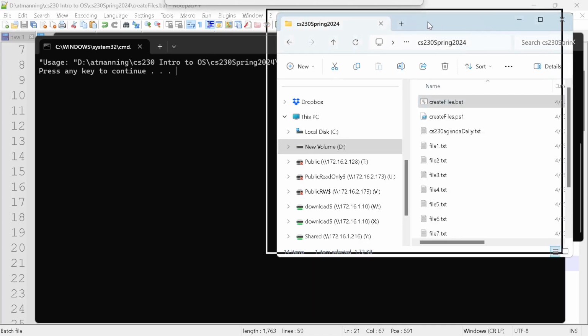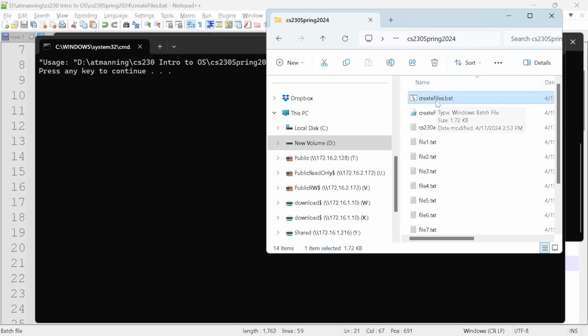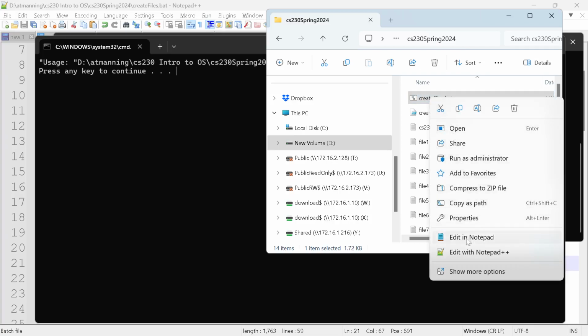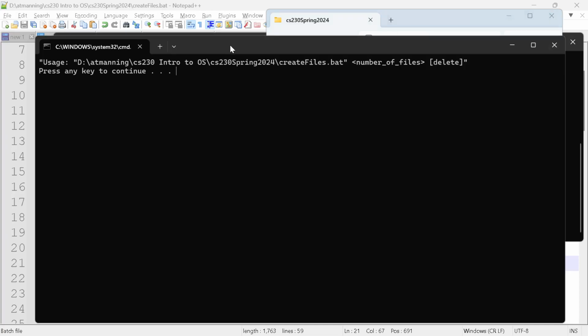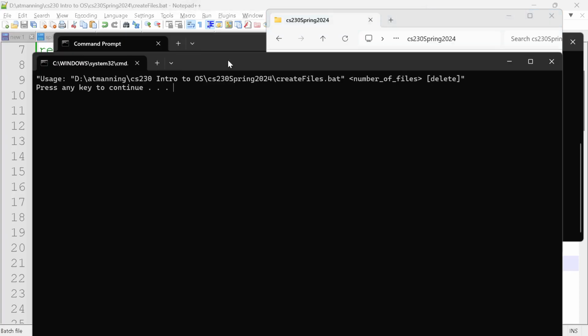If you have a script written in Windows, if it's a script and you double click on it, it runs that script. Now, if you have security settings configured on your system, you can configure your system to not automatically run scripts, or if you want to be careful about a script, you edit it first before you ever run it, because you want to know what commands are happening inside that script. So a lot of things to learn just by doing a little scripting of how dangerous you can be with